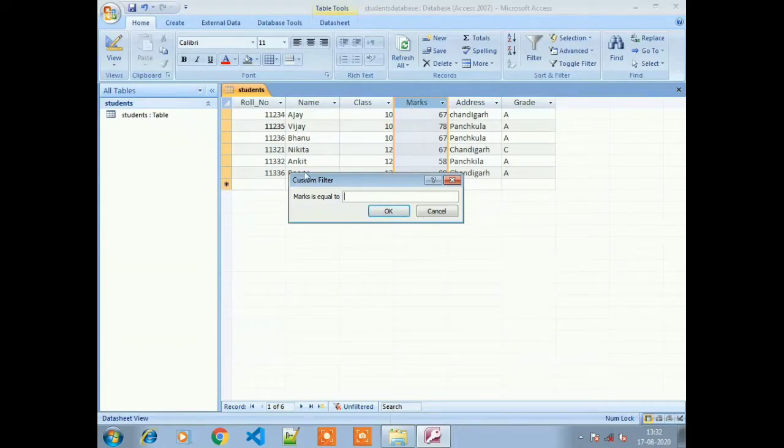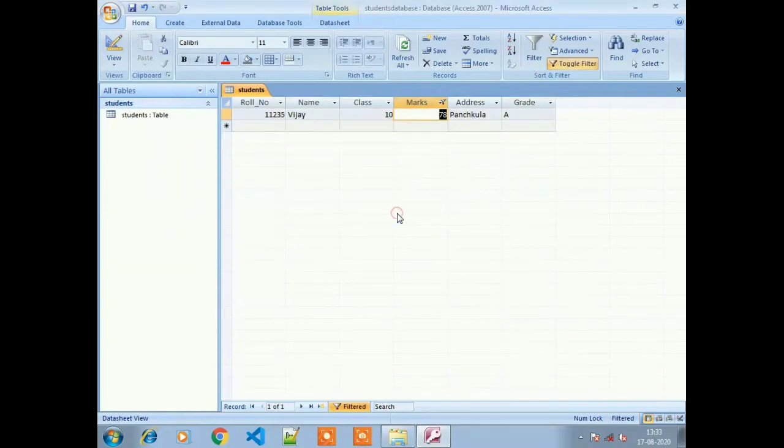So in the custom filter dialog box we will type the particular value which we want to find out. Suppose that in the marks record I want to filter the record that is 78 marks, I want to check that marks is equal to 78. Okay, and after that click on the OK button.